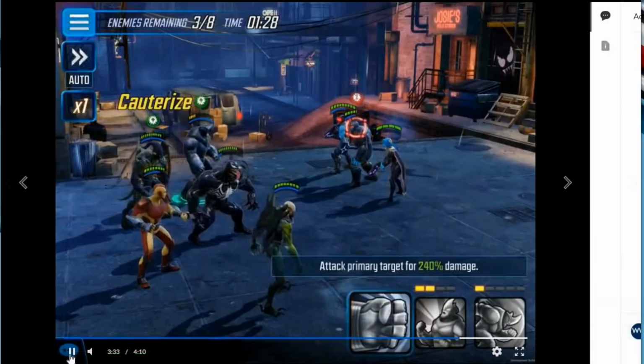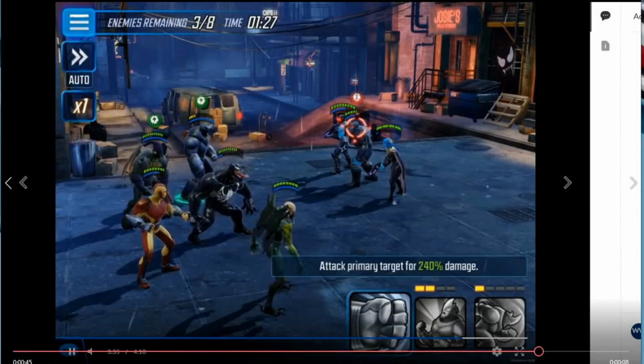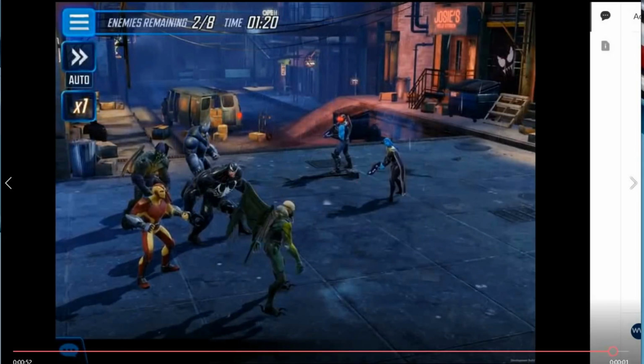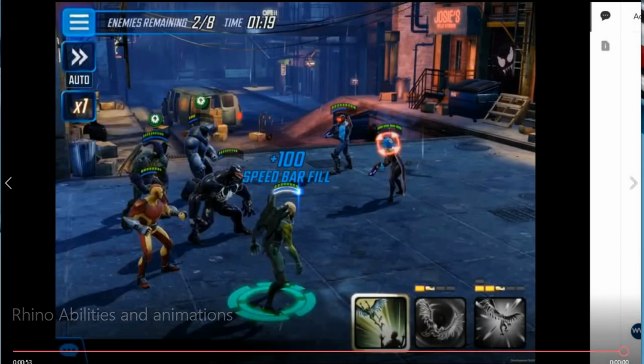And then his last one here is his basic. Attack primary target for 240% damage, just called Pummel. Which you can see he pretty much just pummels them into the ground. Pretty heavy hit on that one, pretty strong. So now the one thing that you don't really see in that one is some of his passive, which I'll